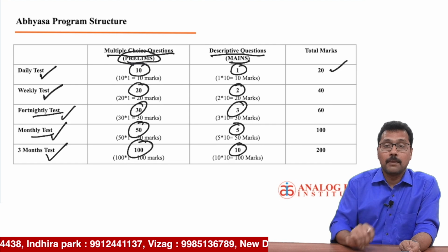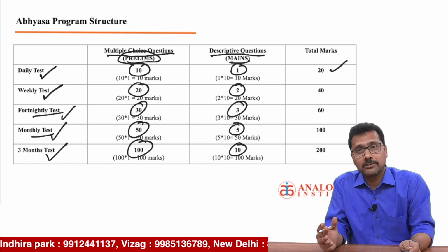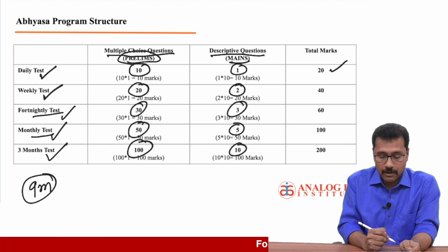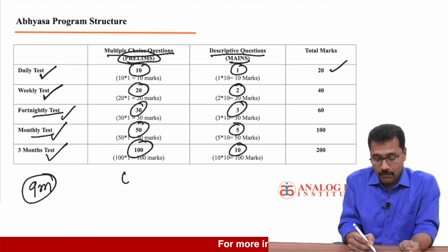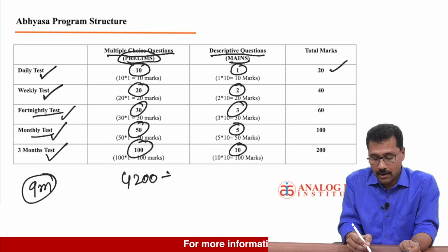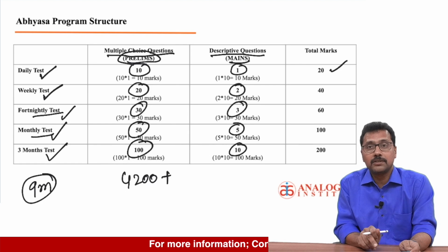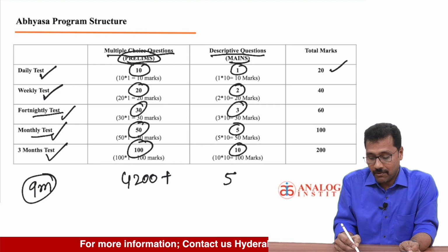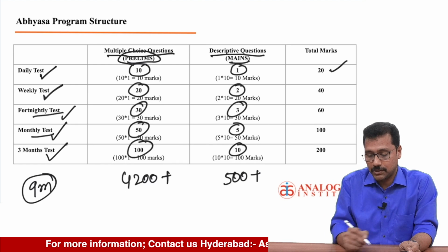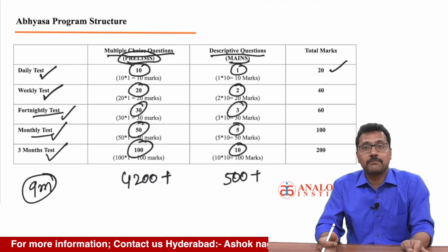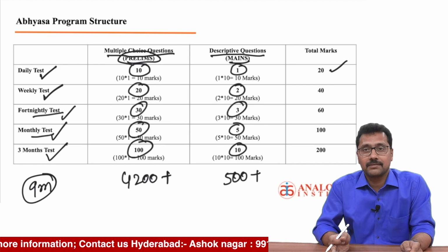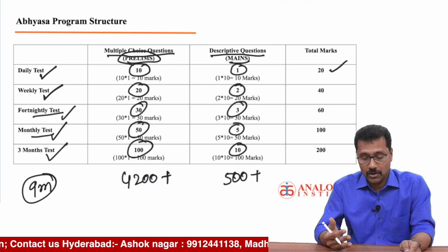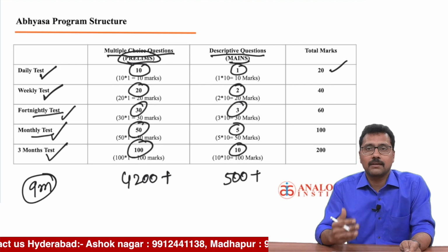Now, with this practice, you know how many objective bits you would have done in a matter of 9 months? In a matter of 9 months, you would have practiced nearly 4,200 plus objective bits, and not only that, nearly 500 plus descriptive questions for which you would have written answers. Dear friends, this is a beautiful program because this is the kind of practice you require